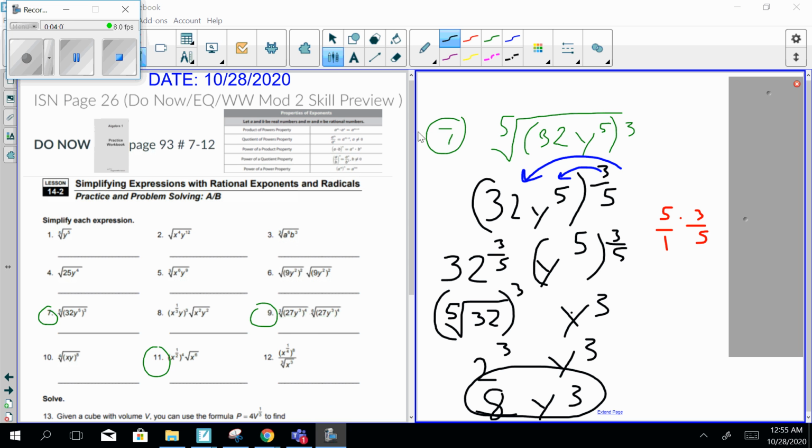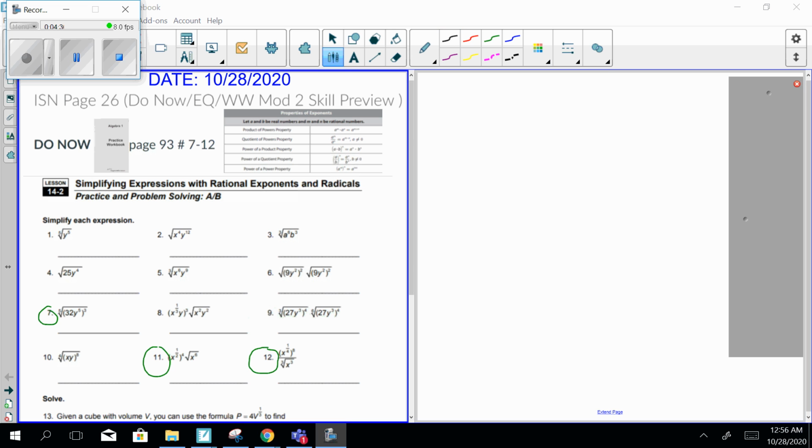Okay, so I thought that I would skip over number 9. Number 9 is very similar to number 7, other than you have two radicals with this form that are being multiplied, so you would have to use this strategy twice. So I'm actually going to skip that question and do number 11 and number 12. Okay, so going into number 11,